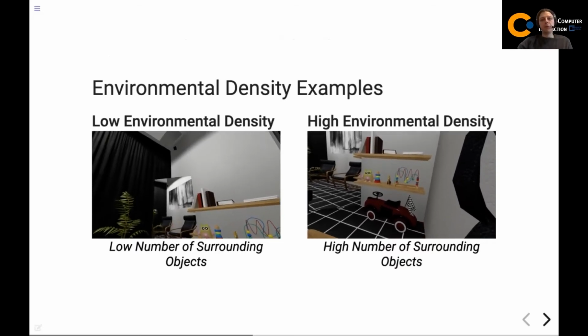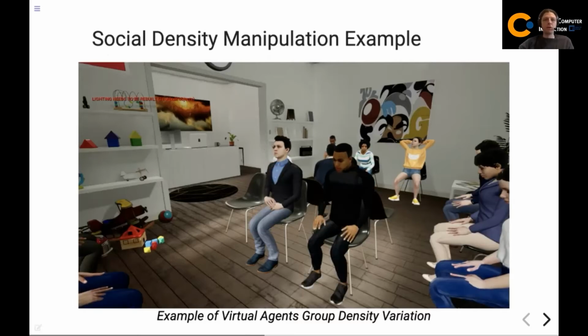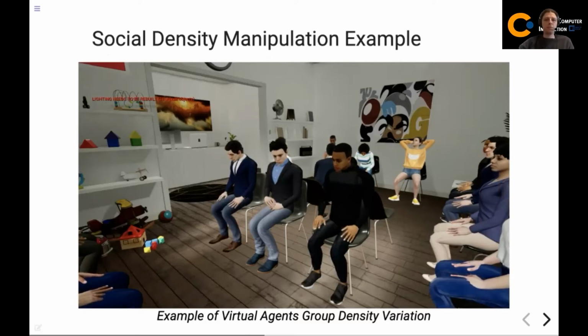Also an example for the manipulation of this density axis, you can think of having more agents in the room, or to take the waiting room example, to wait together with more or fewer virtual agents.